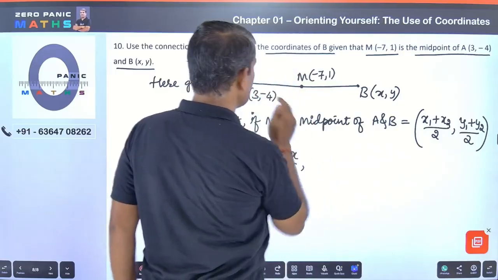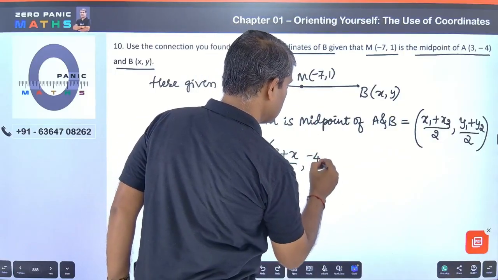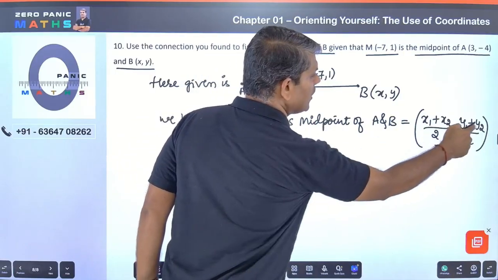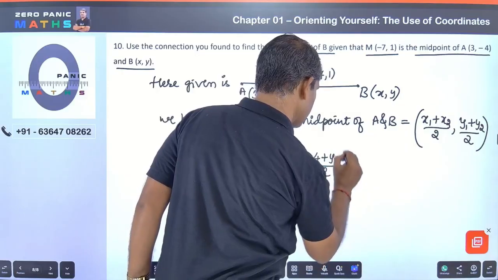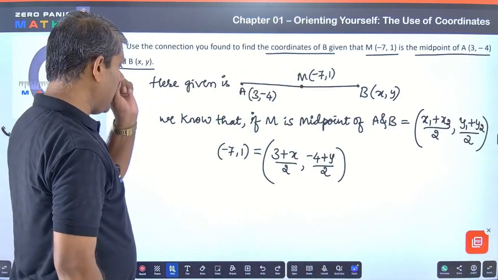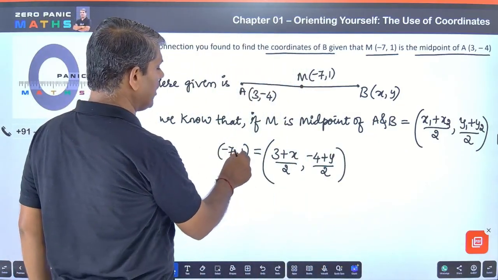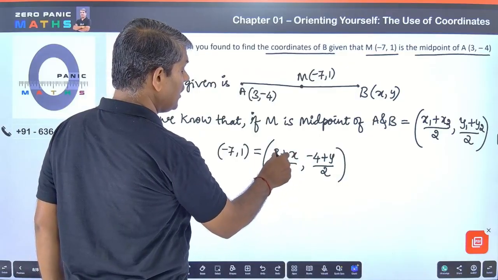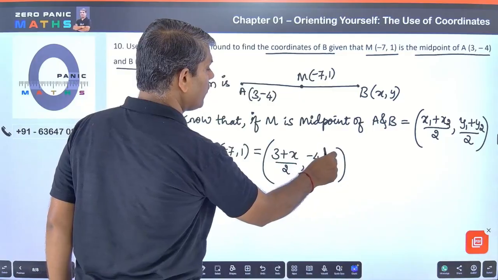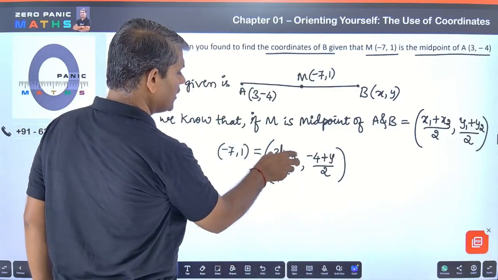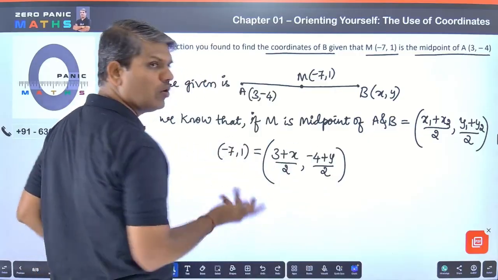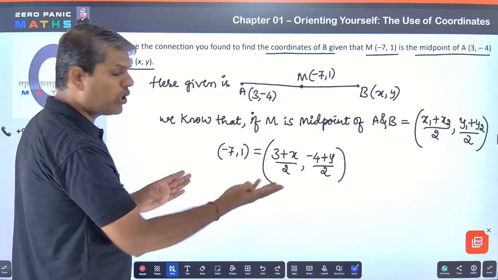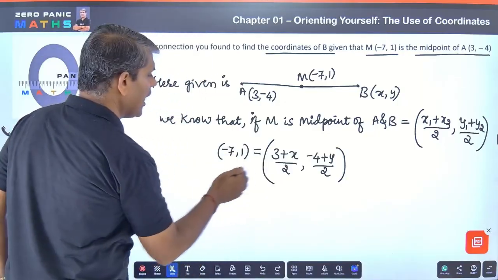What is y1? y1 is minus 4, plus y2, which is y, divided by 2. So we have two equal coordinates: minus 7, 1 and (3 plus x) divided by 2, (minus 4 plus y) divided by 2. This coordinate value is equal to minus 7 and this coordinate value is equal to 1. They are both correspondingly equal. So therefore I can say